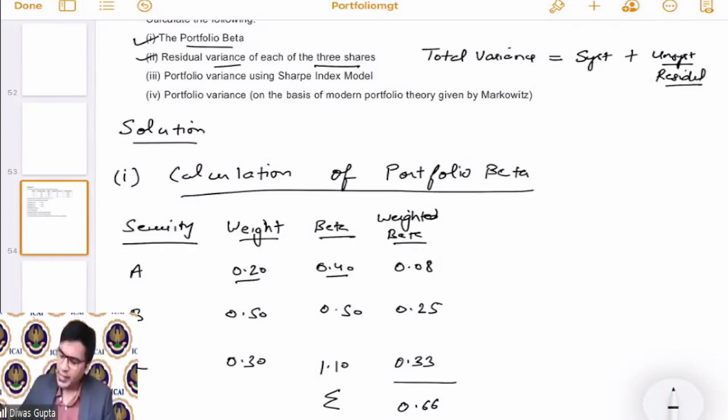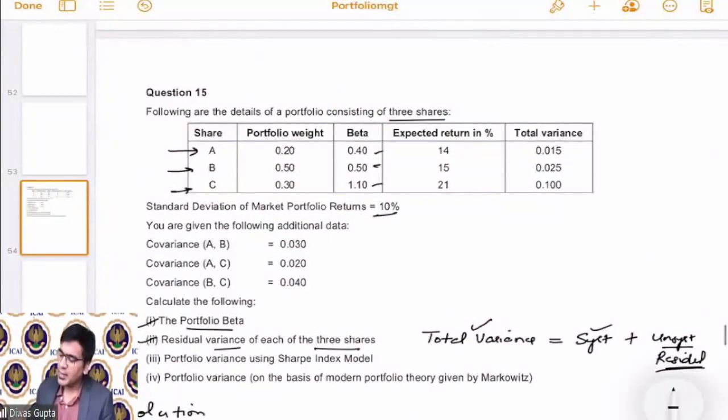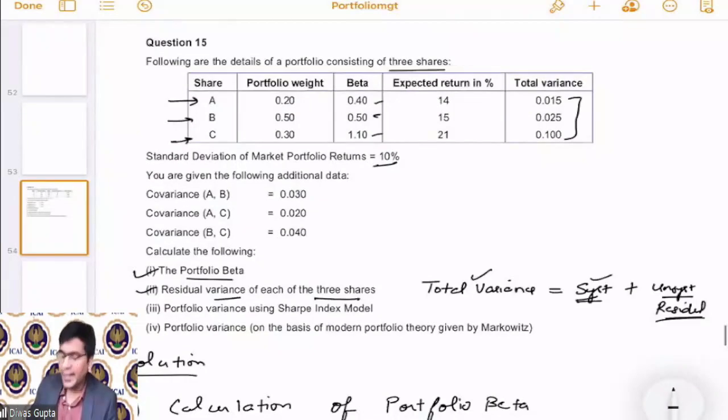So if we can find this total variance and systematic variance, we can definitely reach on to the unsystematic variance, correct? Now if you see, students, total variance, is it given in the question? Yes, the total variance is already given in the question. Now, is systematic risk given in the question? Directly it is not given,